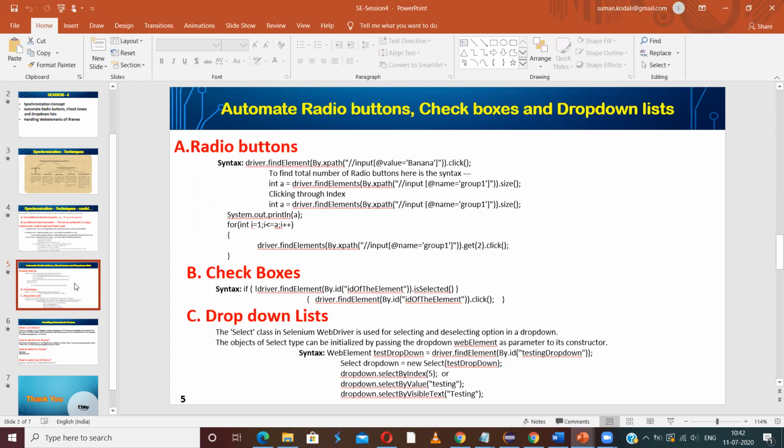So we have different kinds of elements like radio buttons, checkboxes, and drop downs. We have seen how to identify them, how to locate different types of web elements such as radio buttons, checkboxes, and drop downs, and how to perform actions on them.